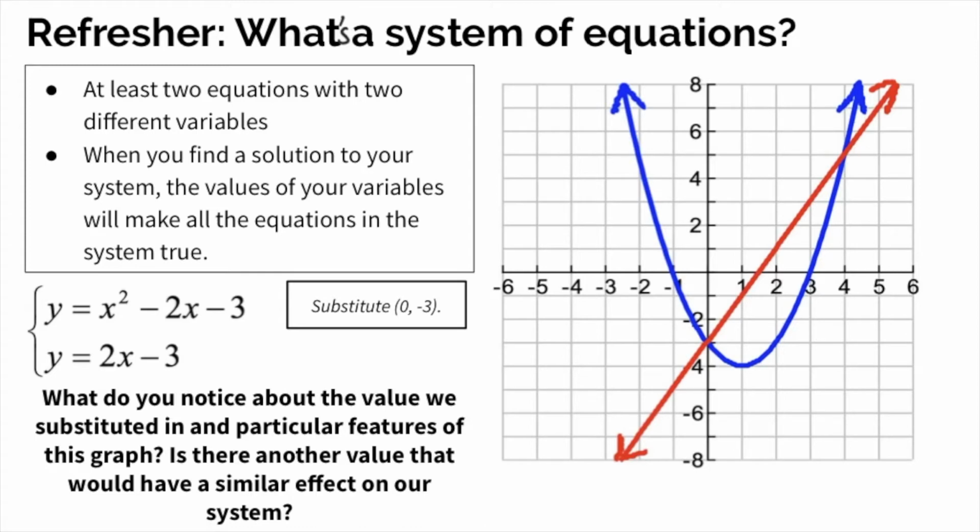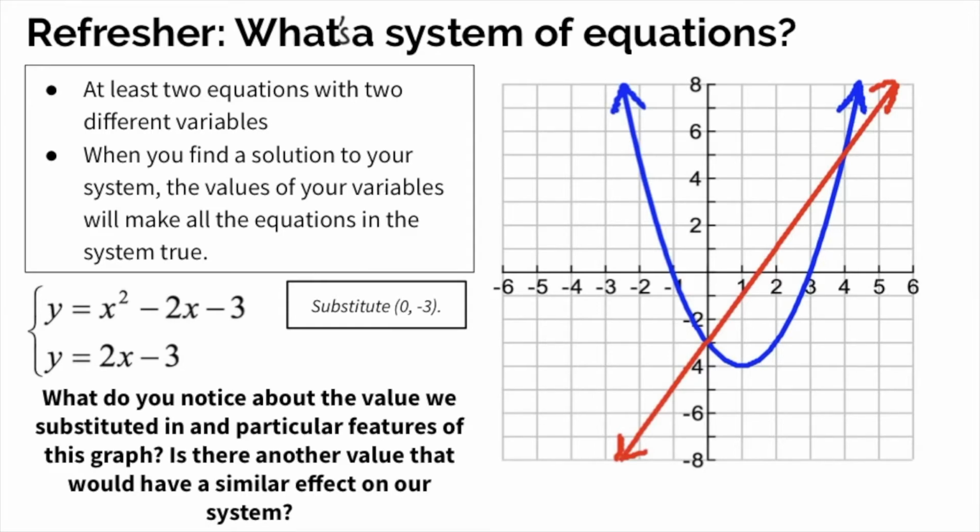So I keep mentioning systems of linear equations. Why don't we actually refresh what a system of equations is? So a system of equations is basically a set of at least two equations with two different variables. So when you find a solution to your system, the values of your variables will make all the equations in